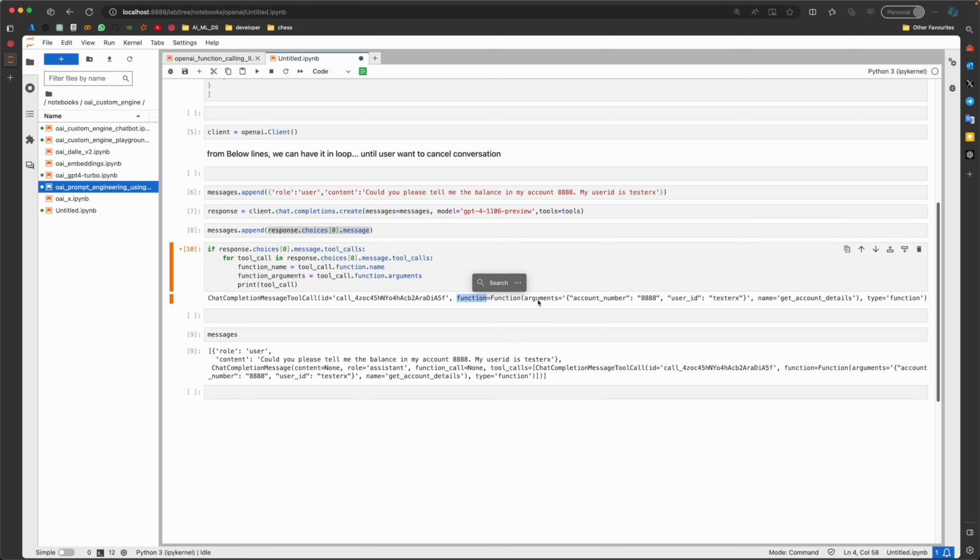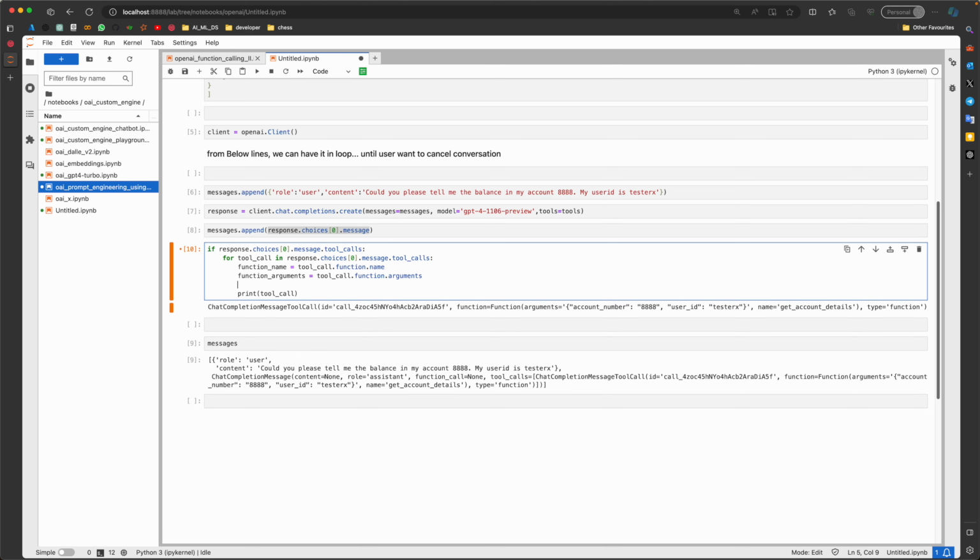So function name and arguments. And let's try to invoke the function now. So function response is equal to function name, and let's pass the argument.